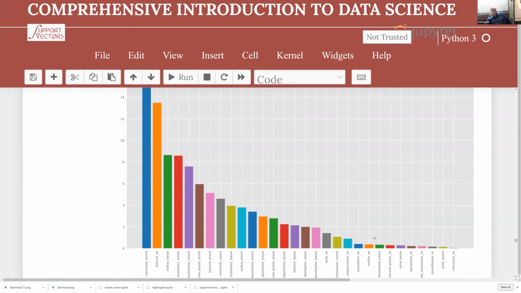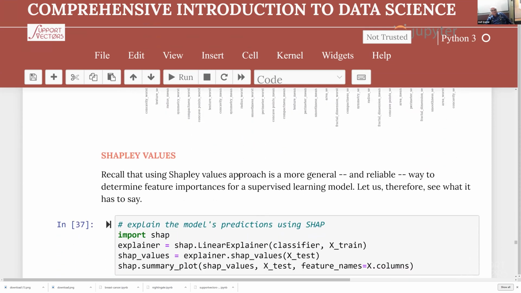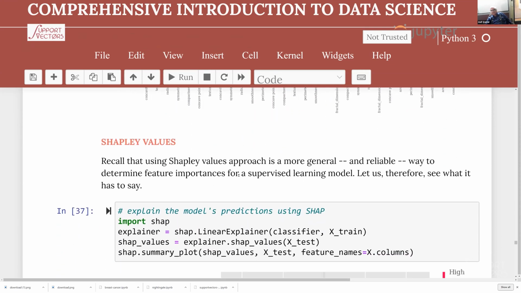How much do they matter? So you realize that much of the area is taken by 1, 2, 3, 4, 5, 6 predictors. So this problem is amenable to dimensionality reduction in some form. And we'll try that later on when the time comes. I also did mention that the gold standard that I look for is the Shapley values. So when you look at the Shapley values,